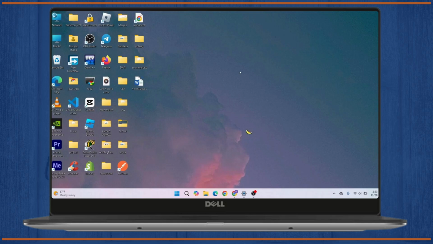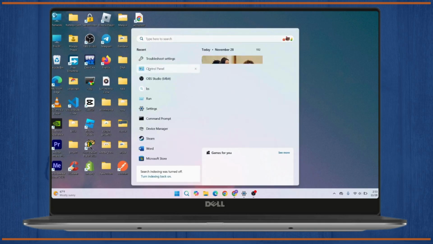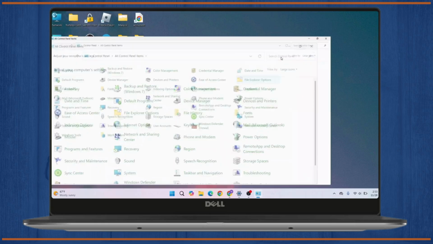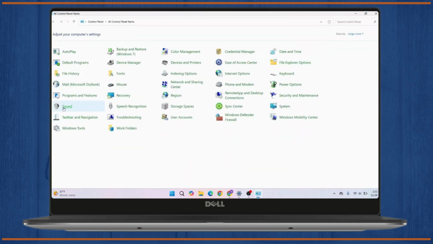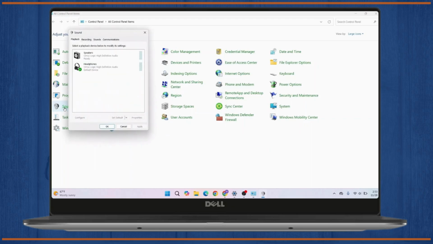If that does not work for you, now you have to click on the search icon and then search for control panel. Now, once you're on the control panel, you have to click on sound. Under playback, look for your microphone, then right click on it. Then click on set as default. Once you have set that as default, now